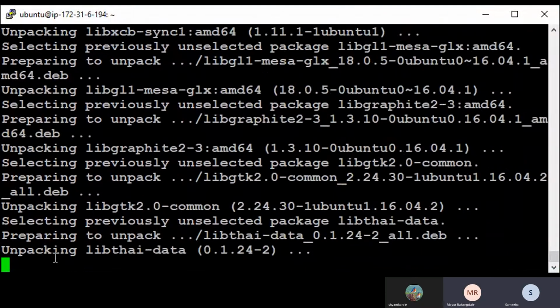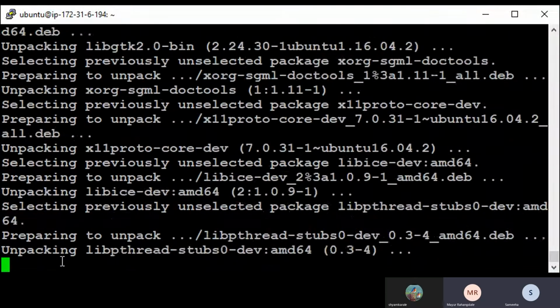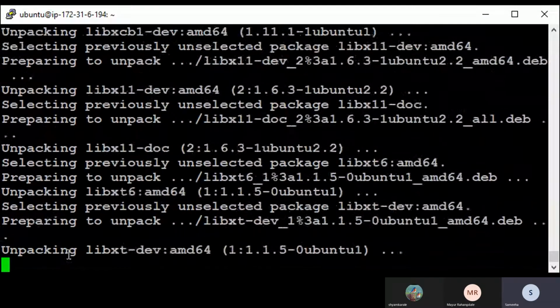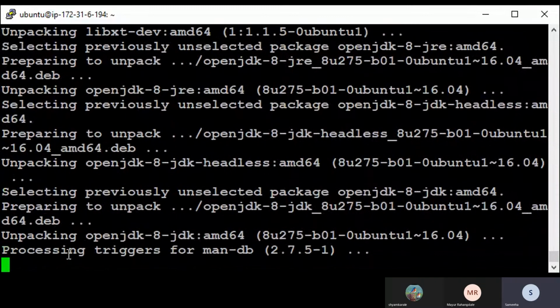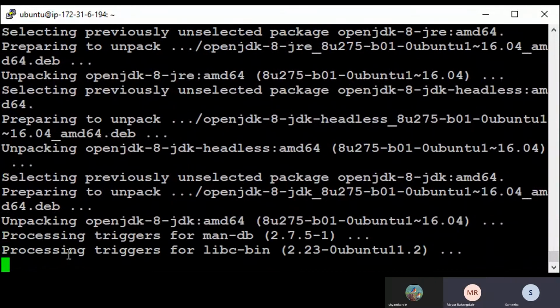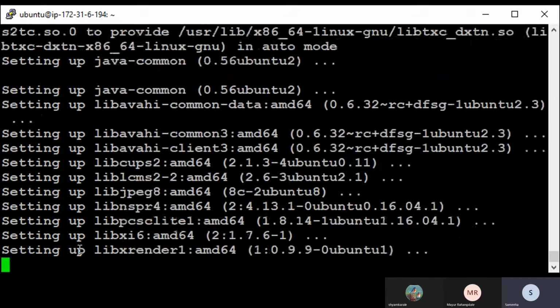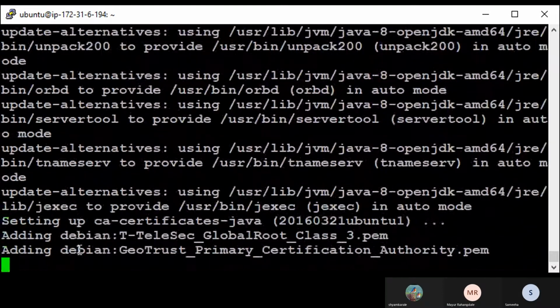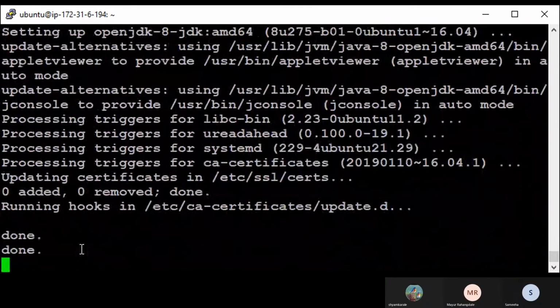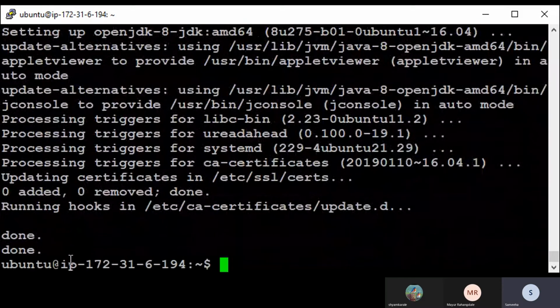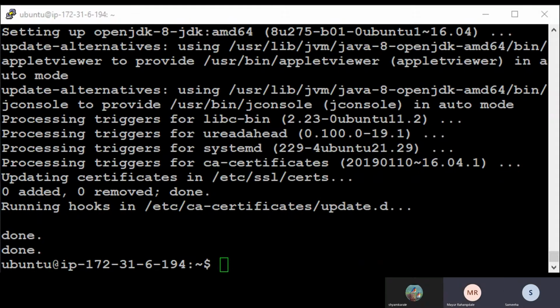Right, OpenJDK 8. It's used in development, JDK. Then next we have to download and install Hadoop 1.2.1. Yes, right.